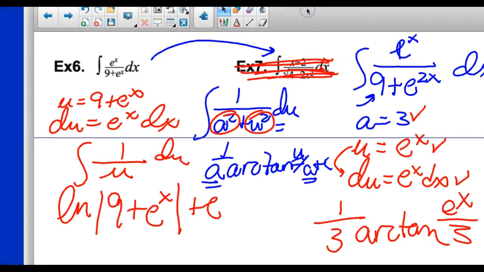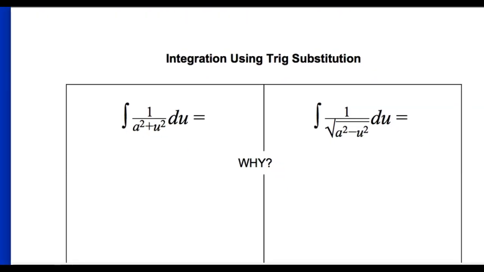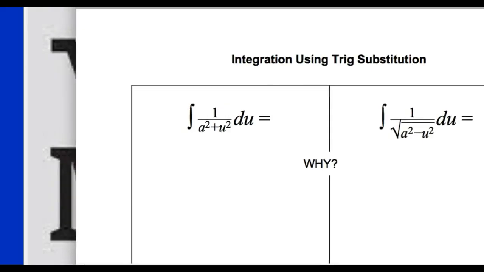So let's go take a look at number 4. By the way, I didn't try to trick you on any of these and have them not be arcsine or arctangent. I didn't throw any u subs at you or anything. These all have the inverse trig in their answers. So let's go take a look. You should have a worksheet, and we are going to do number 4 together. And you should have enough room on the sheet. So number 4